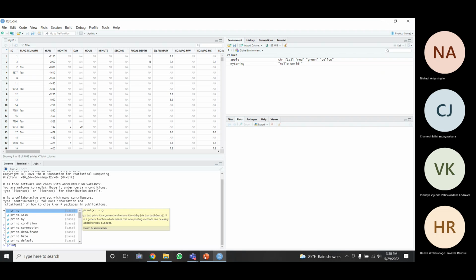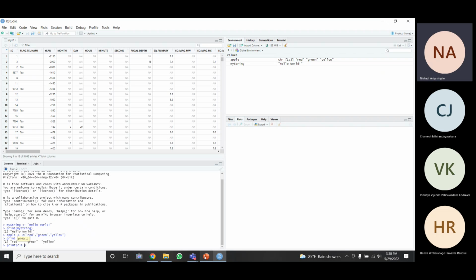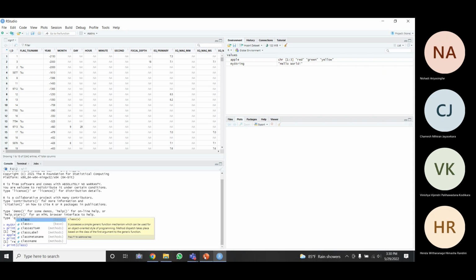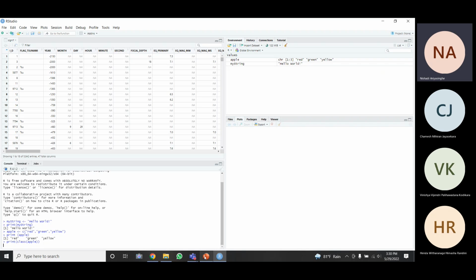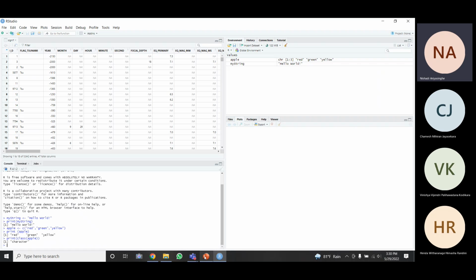Print class, and inside it you can give the name of the vector. So the class is character, right? Similarly, you can print the class of myString.